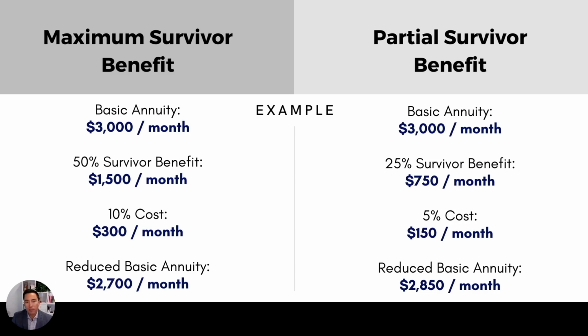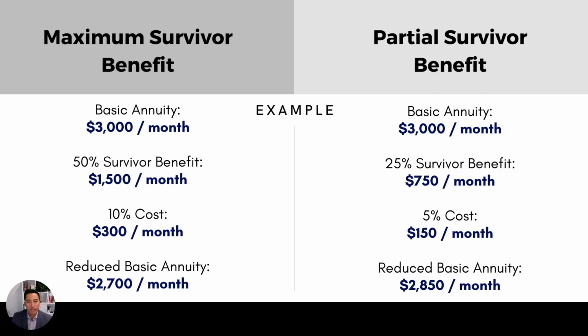So here are some numbers so you can get an idea of how this works. If someone had a $3,000 a month basic annuity and they elected the full survivor benefit, they would be electing to receive a reduced basic annuity of $2,700 a month. So that $300 comes off the $3,000, and now their spouse, should they predecease their spouse, will get $1,500,